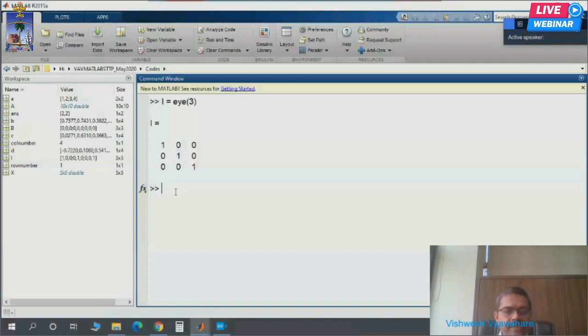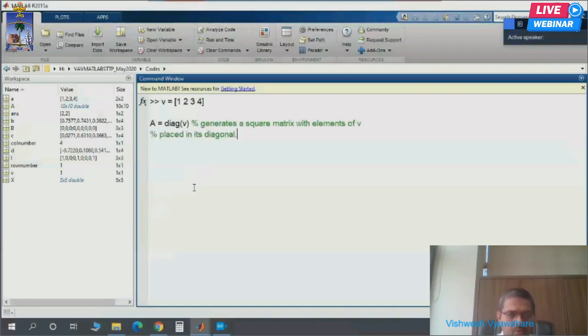I will store that variable in say some z or v. V is equal to I, capital I, second row, second column. What is second row, second column here? It is 1. This one. So that can be extracted. So you have got V as the second row, second column, that is extracted from here.